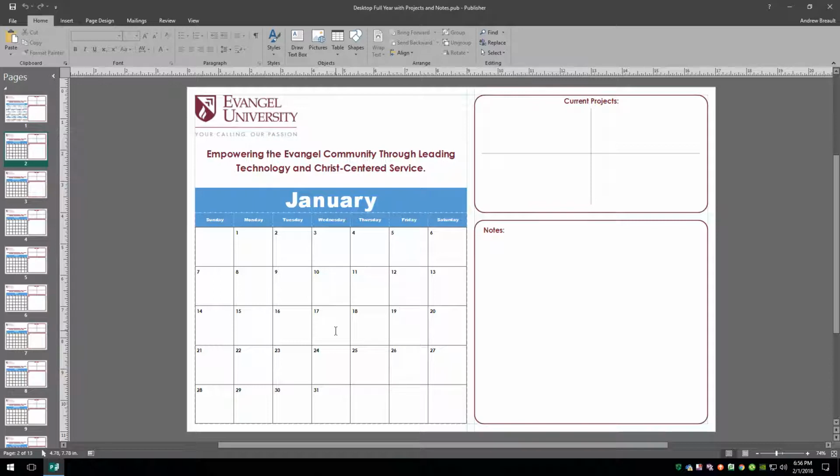However, if you like to keep a clean space in front of you, a calendar like this will work really, really well. I actually love this now that I've gone through and created all of the months and put in a larger calendar. I've got room to write in little notes here on the days, and I'm not going to laminate these because I actually want to have just one sheet on my desktop each month,